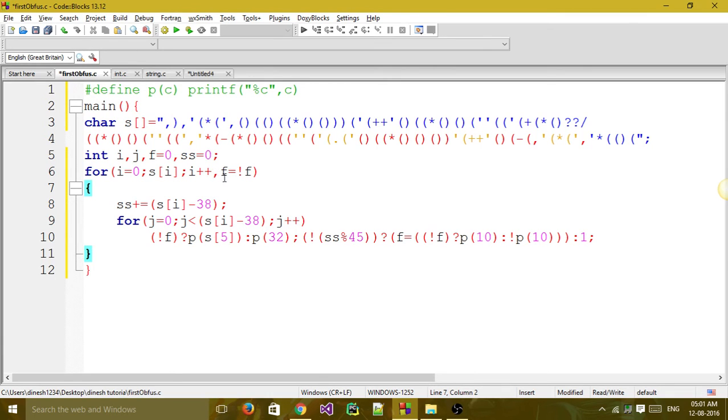And next, this statement will execute every time when the for loop ends. After the execution is here, it will come to here and it will increment i, and then it will execute this statement. So we can write this statement at the end of the for loop. So we can write it here. And next, now it is somewhat readable.